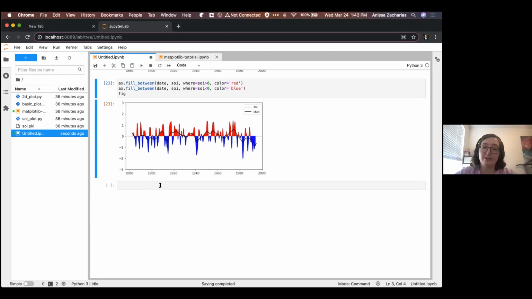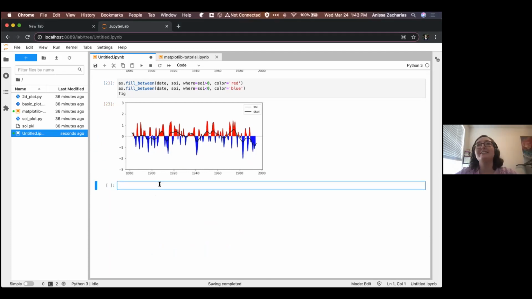But one thing is very clearly missing, and it's titles and labels. So right before we get done, also the last thing I generally tend to add to my plots when I create them, we're going to set title on this axis in particular. You can do it from just plot in general, but it actually acts funny in Jupyter notebooks, and you have the original plot and then a blank one with it on it instead. We'll get into that. But so we're going to call this Southern Oscillation Index,